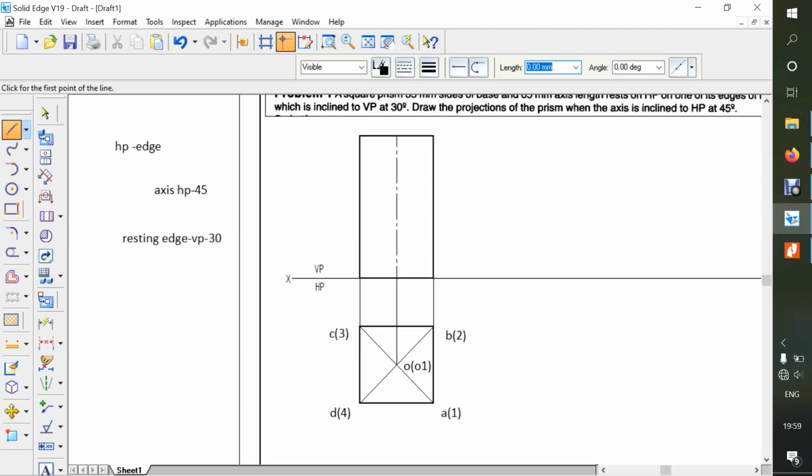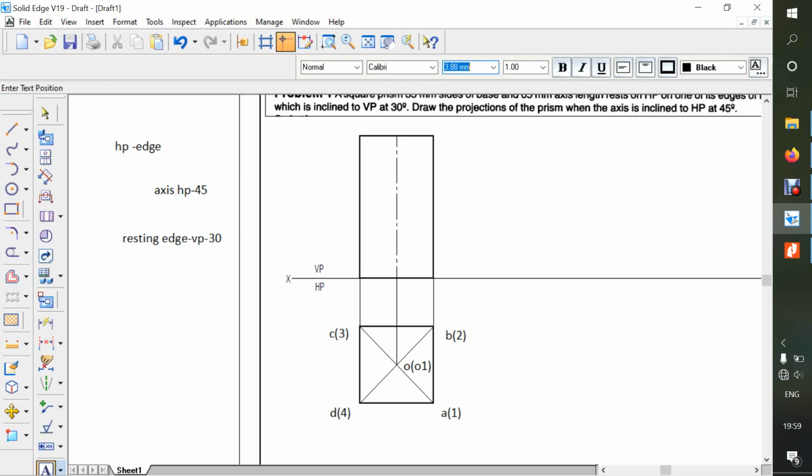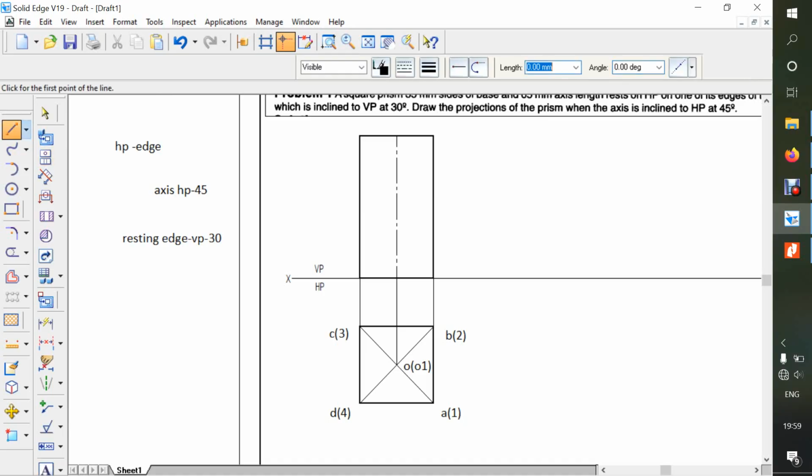So now you have to name the things. Okay, so go to the text. As I said, the top face corresponds to ABCD and the bottom face corresponds to 1 2 3 4. Now for timing I will drop it here. You are seeing from this side, so once you see this side, A1 D4 are near to the observer, which are visible, and B2 C3 are away from the observer.